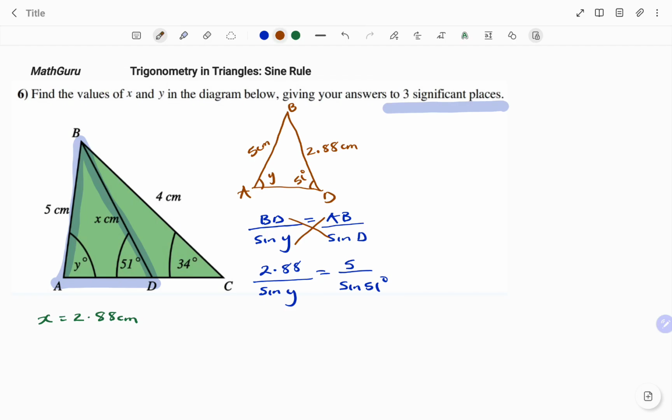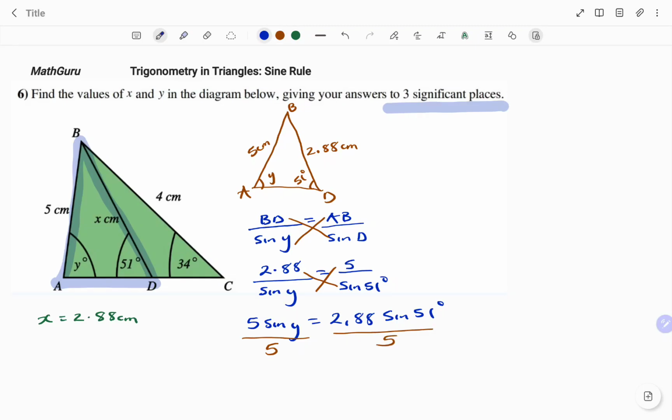So cross multiplying, I have 5 times sine y equals 2.88 times sine 51 degrees, and dividing both sides by 5,